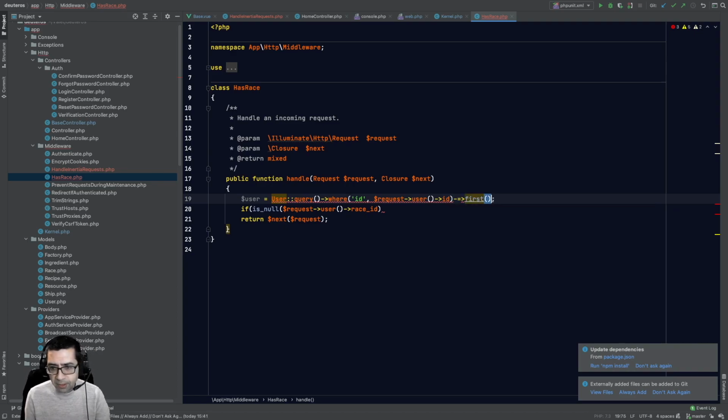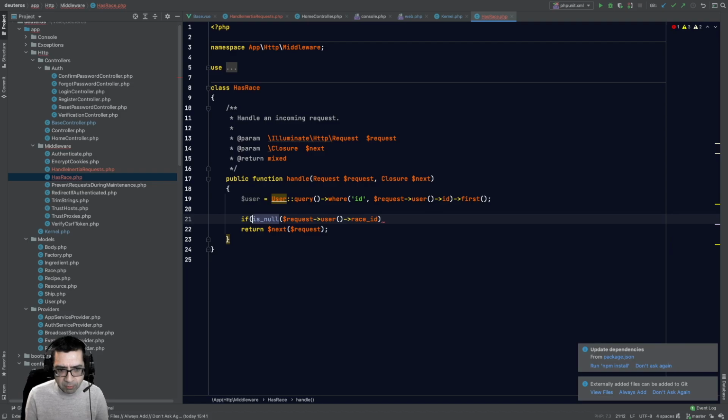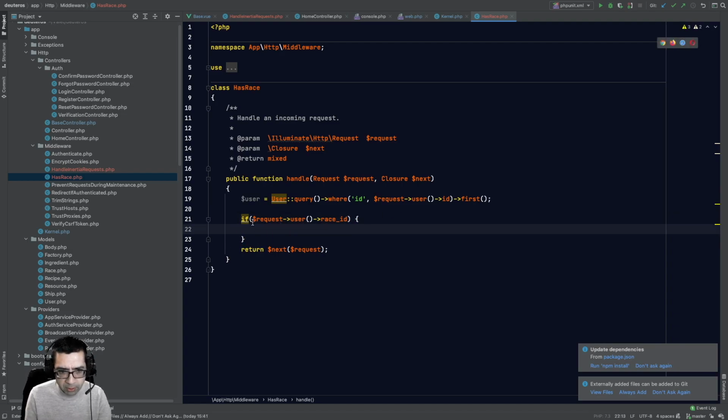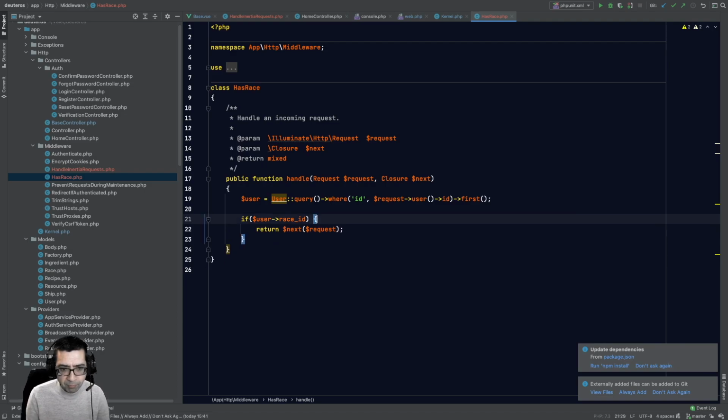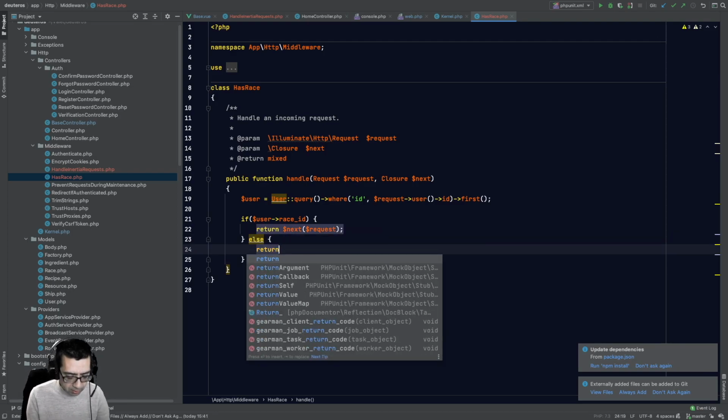Okay, let's get the first. Then we can say if request user race ID. Oh, no, it's just user now, isn't it? So if user race ID, in other words, if it's set, we can just return next. Else, we need to return